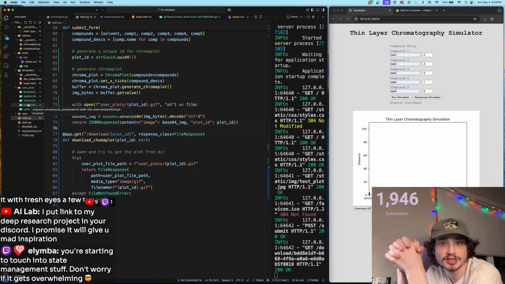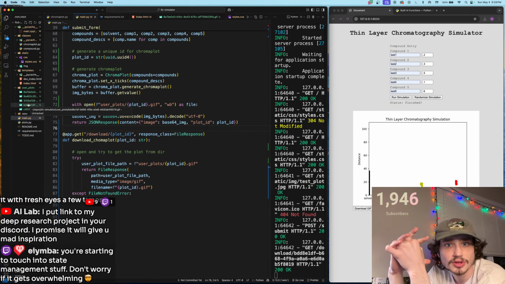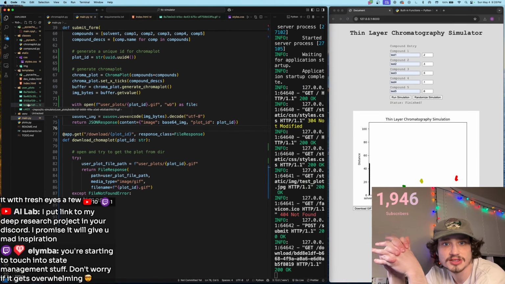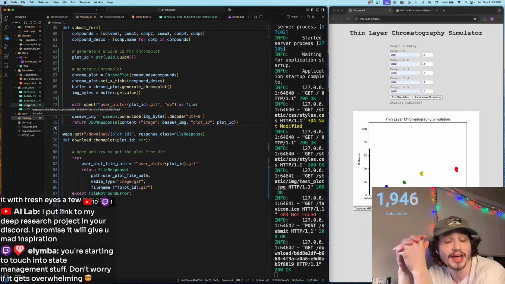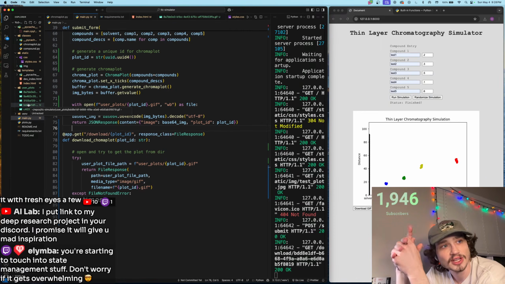You're starting to touch into state management stuff. Don't worry if it gets too overwhelming. As a professional, some days I used to spend a few days having to think, with zero in total input, zero green marks on my contribution history. Yeah, I have those days too, where it really feels like, oh man, I haven't coded